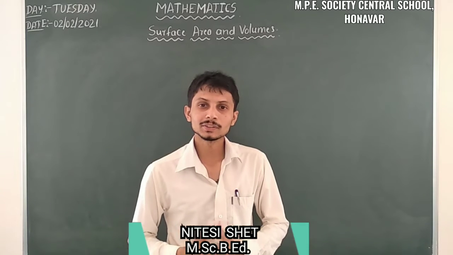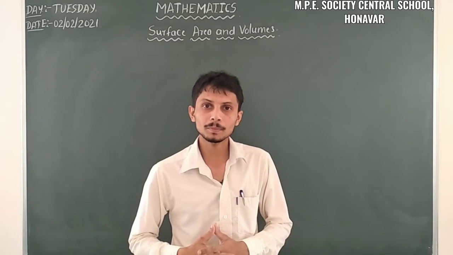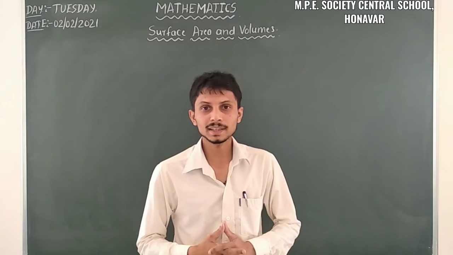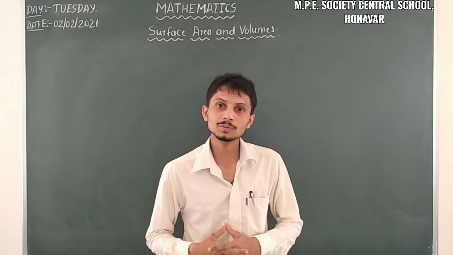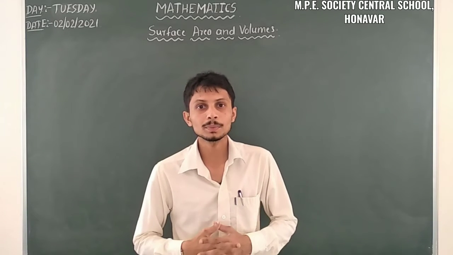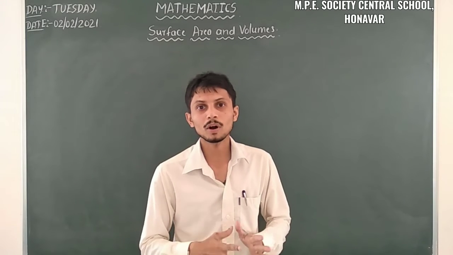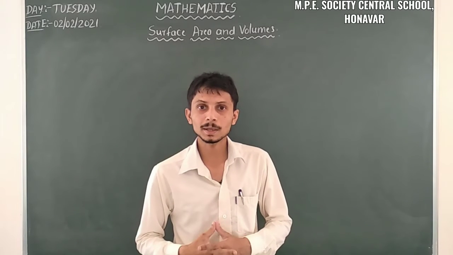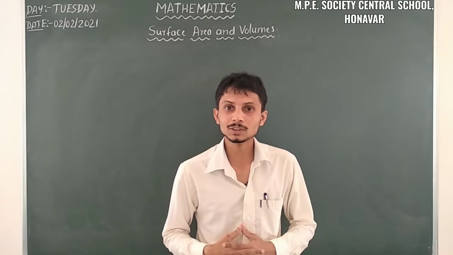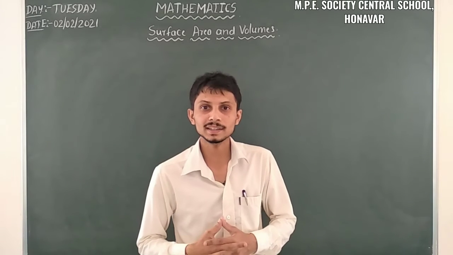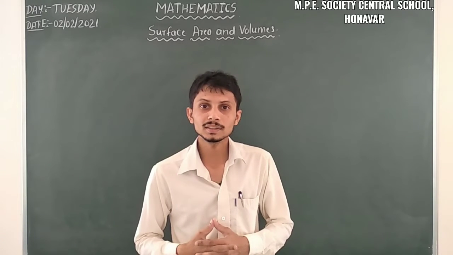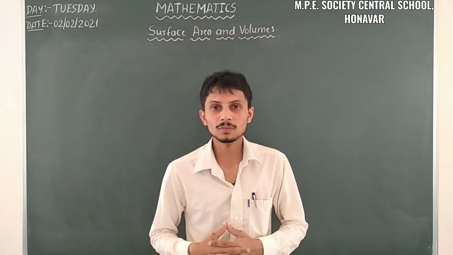I am from Annara. So last class we were discussing a topic from 9th standard, that is surface areas and volumes. In surface areas and volumes we already discussed surface areas of solids, and here we are discussing the volume of cuboid and cube. That part is already completed. So let us move on to the next solid, that is the right circular cylinder, that is, the volume of a cylinder.